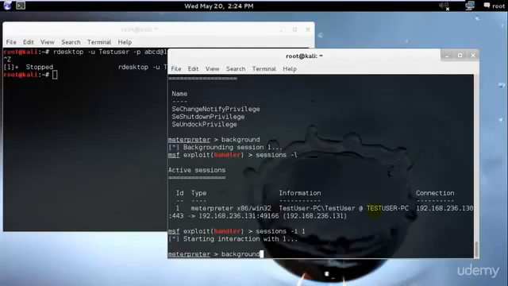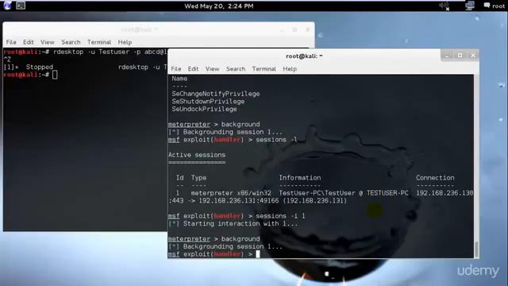that means that there may be a timeout limit which this interpreter has to gain access to the system after bypassing the user account control. If you delay that, then again you won't be able to gain access. You will have to start everything from the cipher, that is 0. That means from the background again, the one which I would be teaching you right now. So just make sure that you do all of these things as quickly as you can. So I'll just do background, session 1 is still running, and I'll type